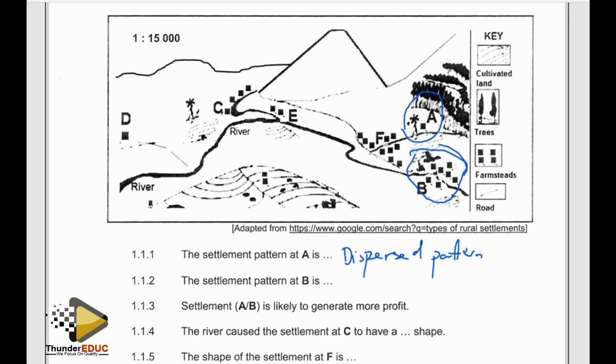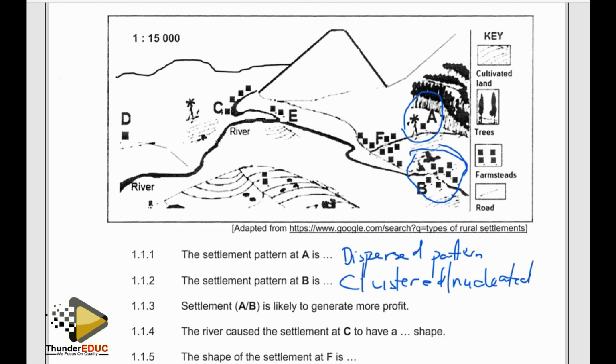What is happening at A is a true opposite of what is happening at settlement B. So if we are to analyze that one, we will come out with the correct response as a clustered or a nucleated settlement. For that matter, it's clustered or it's nucleated. Right, we'll move on to number